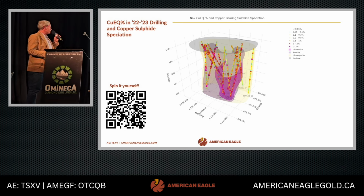Okay, so one thing that Alan suggested we do, actually I suggested it before that, but we didn't do it, was to look at the copper sulfide speciation in the section that he helped us log, which is a northerly section, and we're not talking about that too much today, but the boys put together a sort of a 3D thing, and I'm going to try and get it to spin. It sort of spins slowly. We were looking west-southwest initially, and this just shows the distribution downhole of grades, which you can see in the legend up there, and also in